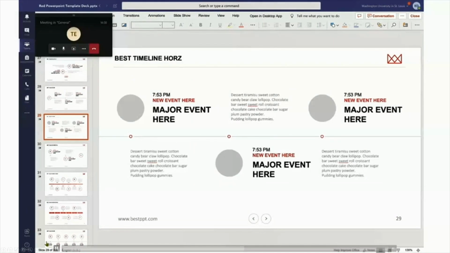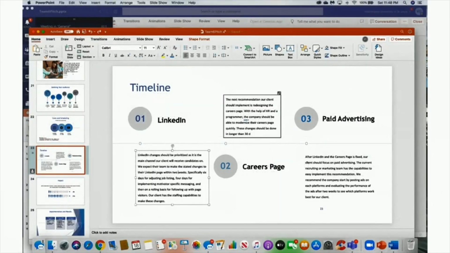So now we're in PowerPoint. And this is one of the slides we were going to use as a template for our project. We just copy and pasted that over into our own personal document. As you can see, my teammates and I can be in the document at the same time and working on the same slides, which is super helpful when trying to put together our project.